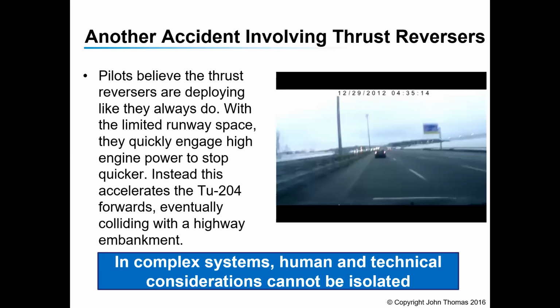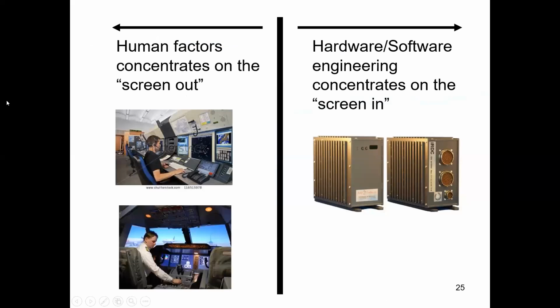In complex systems, humans and technical considerations cannot be isolated, although we usually try to do that. We have the human factors people working separately from the engineers. So the human factors primarily concentrate